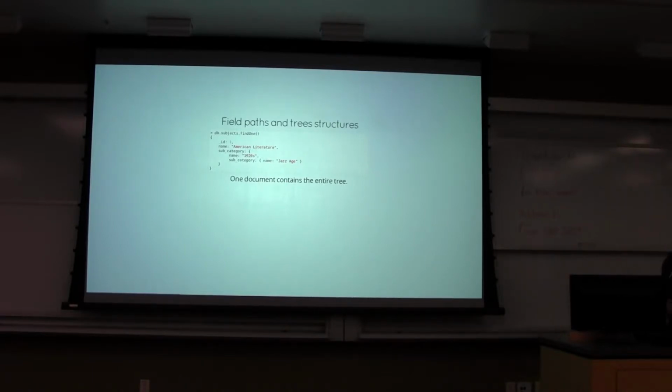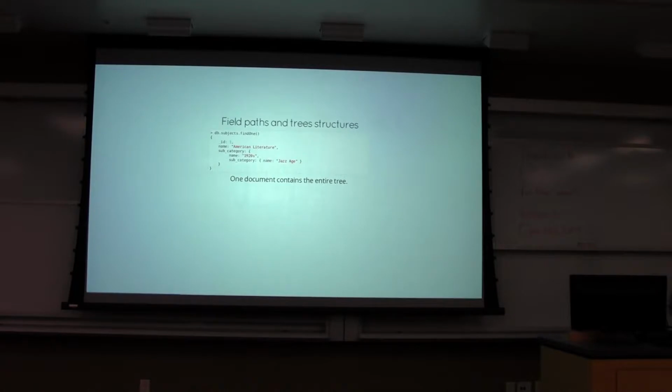Another note on if we're dealing with tree structure. In this case, if we're dealing with maybe a tag hierarchy or a genealogy or something, the way that documents are structured, we can certainly store this all in one document and just have nested subfields and go n levels deep. The problem here is that it's difficult to query